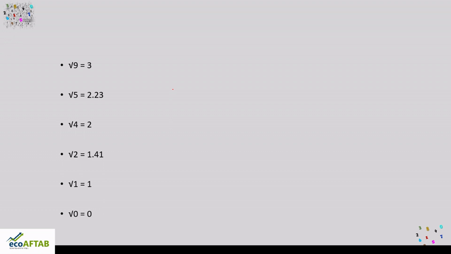Now exactly the mirror image of this: 3 square is 9, or square root of 9 is 3. So both are the same. You can see here 3 square is 9, or square root of 9 is 3. So these are the different ways. From squaring a number, you get a new number. By finding the square root of that number, you go back to the original number. So this is how it is.